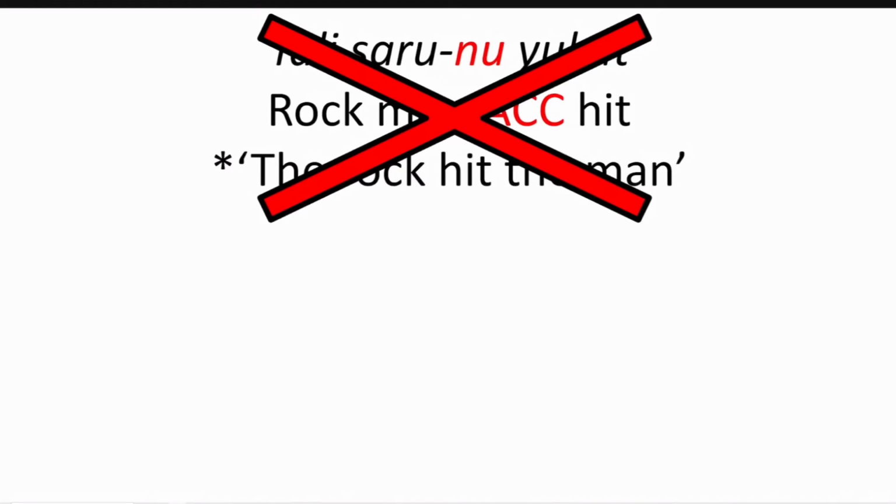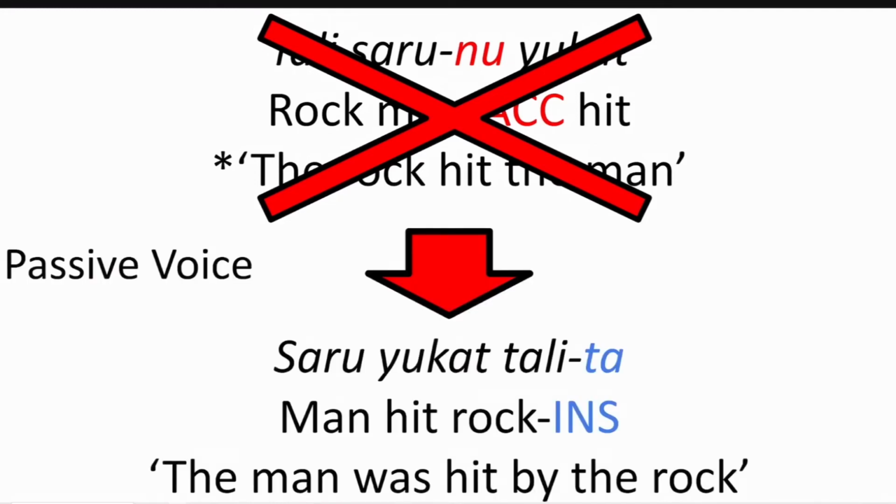And like in the case of Navajo, many of our language's speakers will probably try to avoid putting a less animate noun before a more animate noun. Maybe to solve this problem, our speakers use a passive construction, flipping around the word order and marking the inanimate agent in the instrumental case. Now we have the sentence, "The man was hit by the rock," as opposed to "the rock hit the man,"